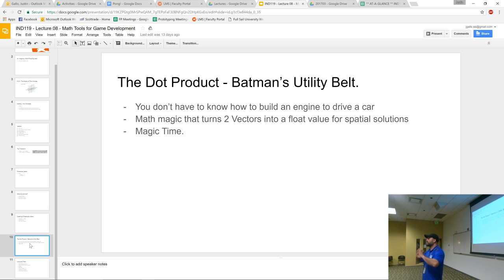Vectors and input. There was nothing else done with that. Creating a directional vector, and then there's this magic thing called the dot product, and it is going to be how you figure out a lot of things in space.